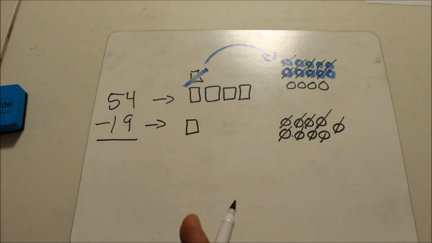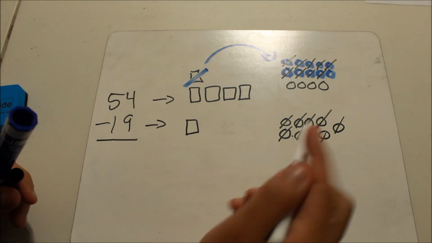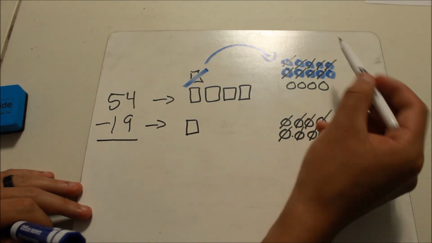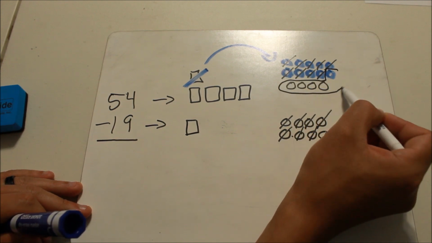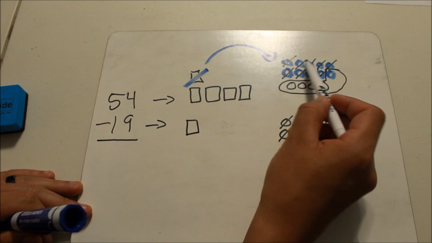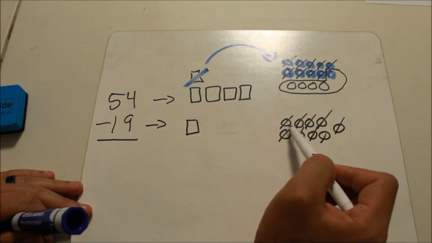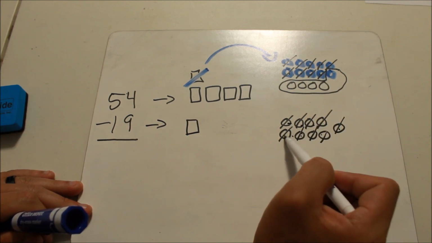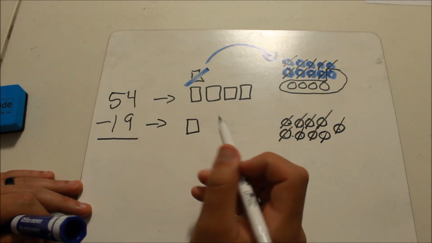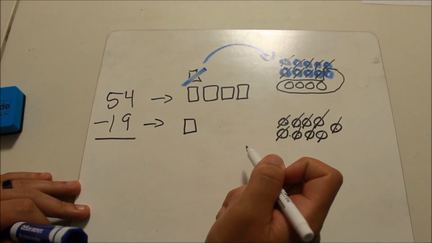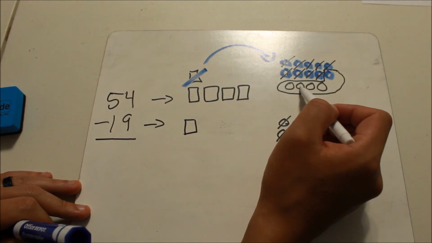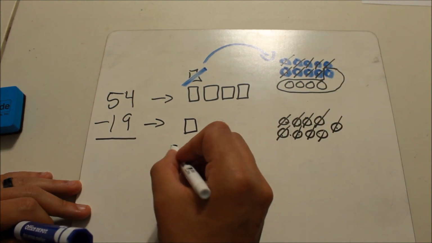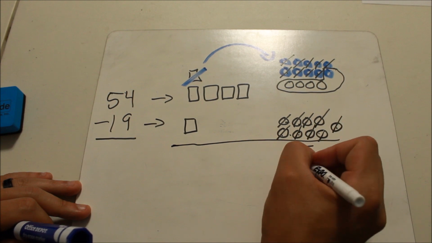So now I got rid of 9 of my bottom, and I got rid of 9 from the top, and I have to make sure I know what is left over. 9 and 9. That's how I'm able to get rid of the 9 on the bottom, and I have left over 1, 2, 3, 4, 5. So I have 5 ones,